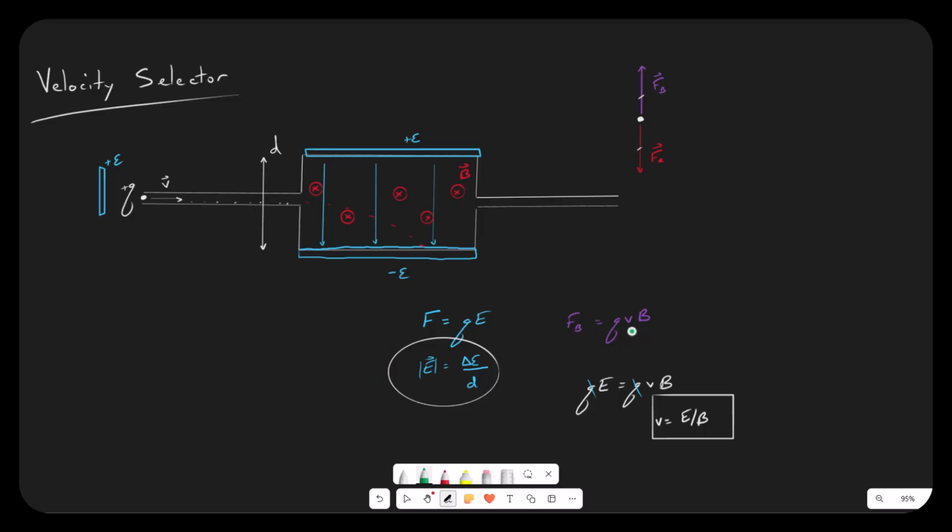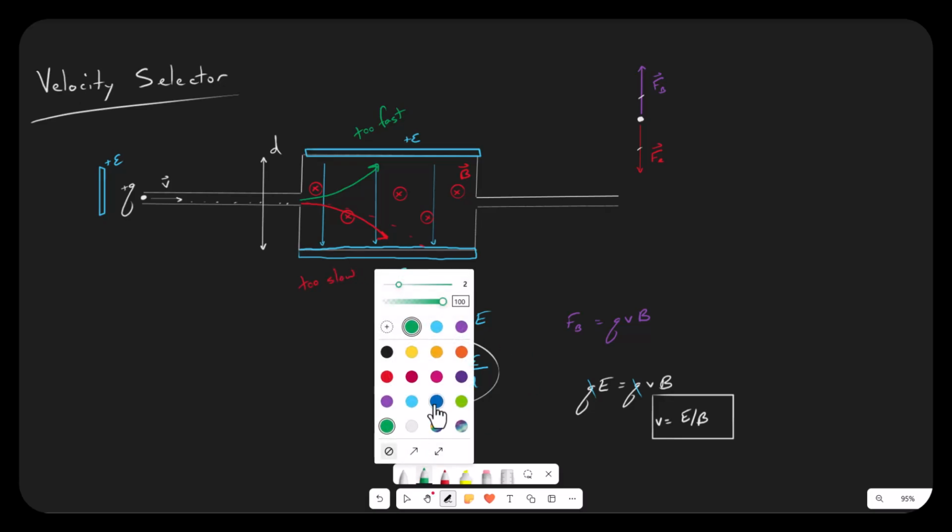If my particle is moving too fast, the magnetic force depends on the speed. The electric force does not. So if I'm moving too fast, I'm getting too much magnetic force, and I'm going to run into this top plate. If I'm moving too slow, then I don't have enough magnetic force to cancel out my electric force, and I run into this bottom plate. But if I can Goldilocks this through, I'm going to get particles that move exactly the right speed, travel right through,